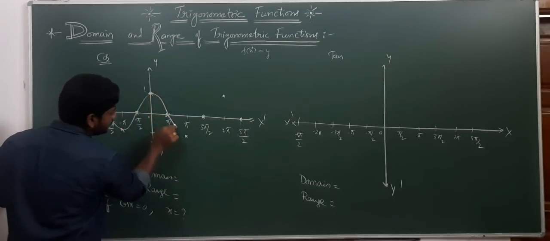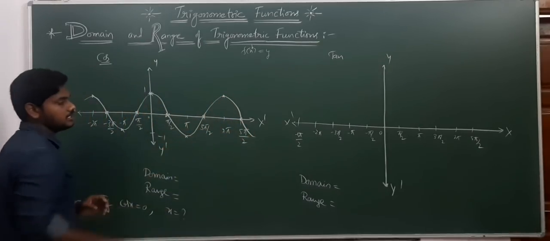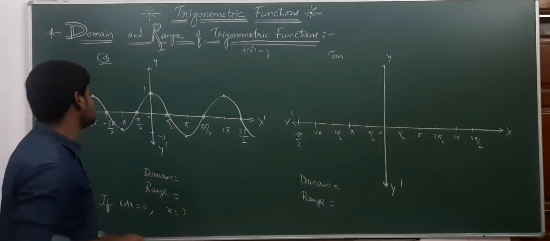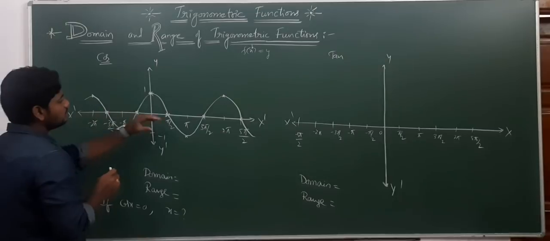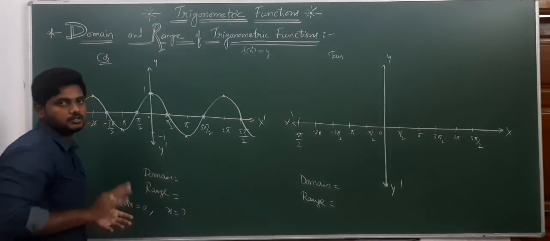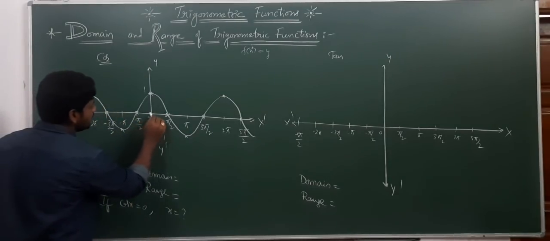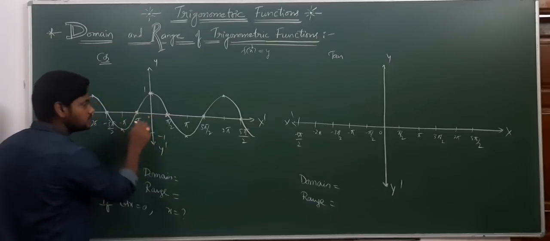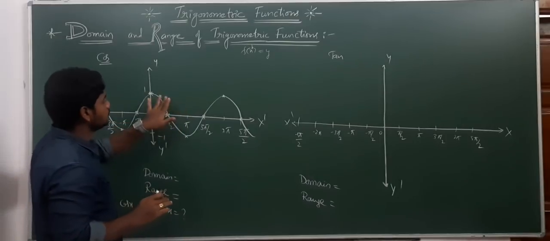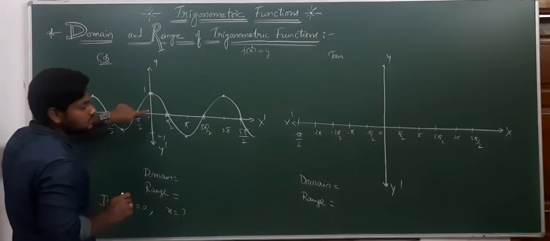again we will get a shape like the sine function. Is this a continuous or discontinuous function? The cos function is also a continuous function. But is there any difference between the sine graph and the cos graph? Are both the same? No. Why? Because the sine graph will be like this. It starts at 0, so it will come like this. Both are not the same, both are different. Here cos 0 means 1, but sin 0 means 0.